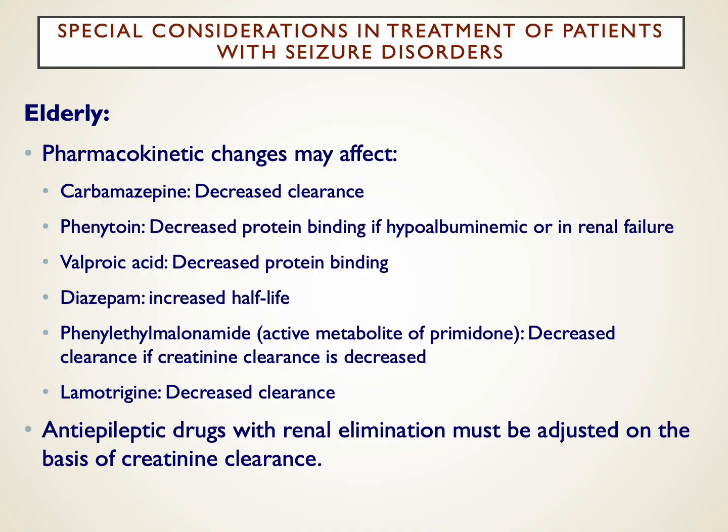Other things that we think about as clinicians in older patients: think about pharmacokinetic differences or pharmacodynamic changes, more likely adverse effects in older patients, differences in clearance or interactions with other drugs, and renal elimination as well for some of the drugs that are renally eliminated. Particularly gabapentin is a concern for many of us as clinicians.